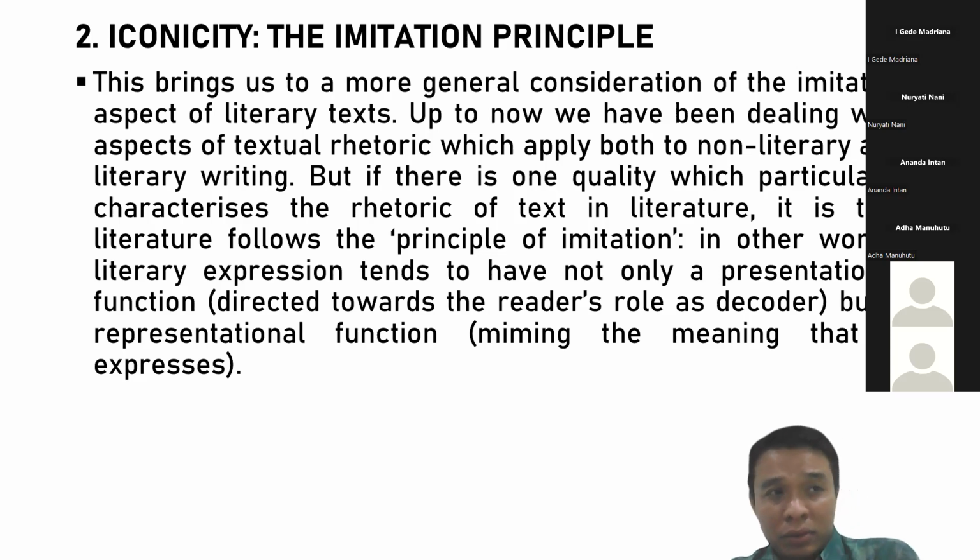So what I'd like to tell you about the imitation principle is that you have to keep in mind that the principle of imitation not only has a presentational function, but it also has a representational function. So in short,